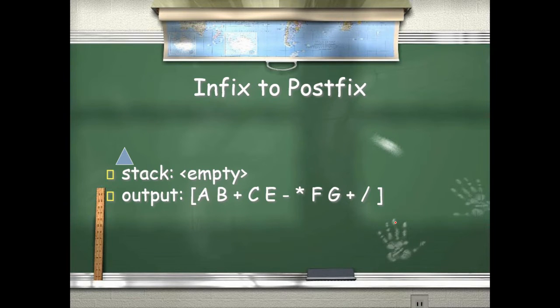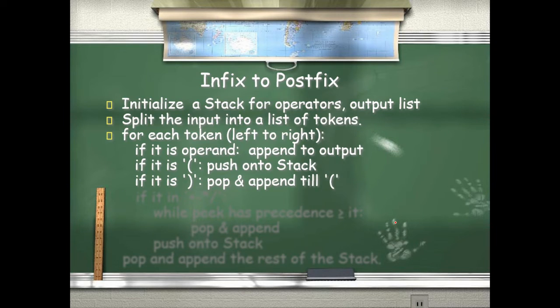So you have started with the stack content as empty, and you have ended with the stack content as empty, because wherever it is an operator, or maybe an opening round bracket, you are going to put it in the stack, and that particular operator will be evaluated once that bracket has been closed, and like that. So if we are talking about the steps, then we have first taken a stack for operators that we have just discussed, and we have taken the output list. In the output list, we were trying to put the operands which are being encountered in the equation, and also the operators once that particular operator has been evaluated.